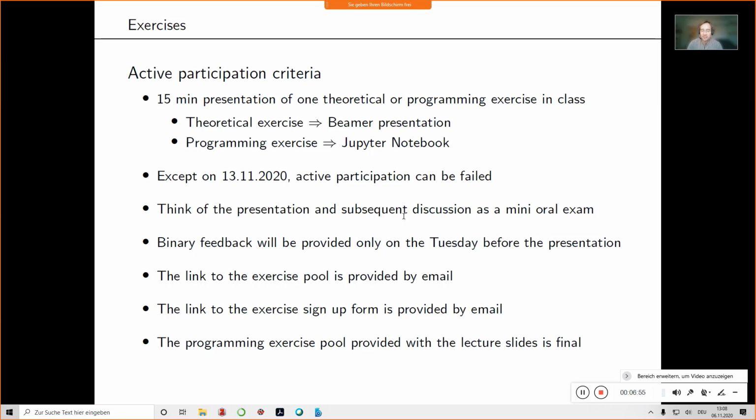That's the little benefit of deciding to present next Friday, which of course is not that much time to prepare, but it's a week, so it's definitely enough. And for people who are from mathematics and have done some probability theory, the exercises are really simple. So the active participation can be failed. Next week it can't be failed, but what you can get from next week is, if you have a look at what your colleagues present and how the interaction goes, a good feeling of how to fail or how to pass the active participation.